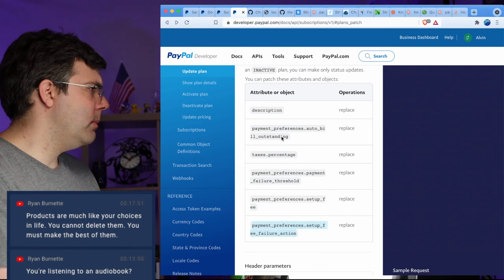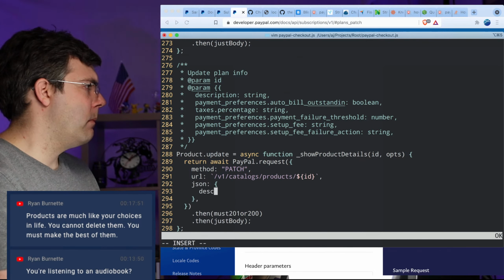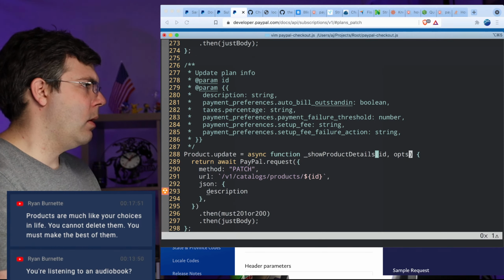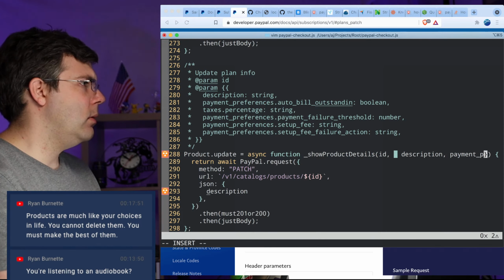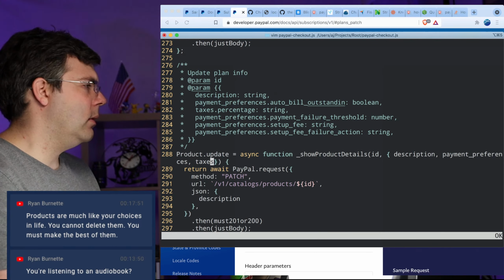Wait, payment preferences, payment preferences. How in the world did those get separated? Let's do description, payment preferences, and taxes.